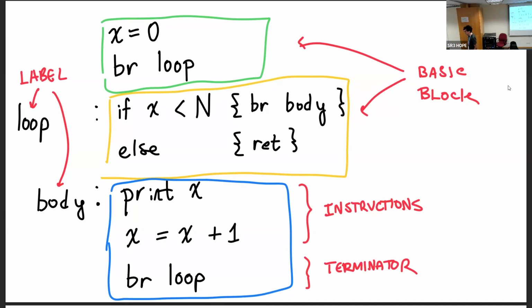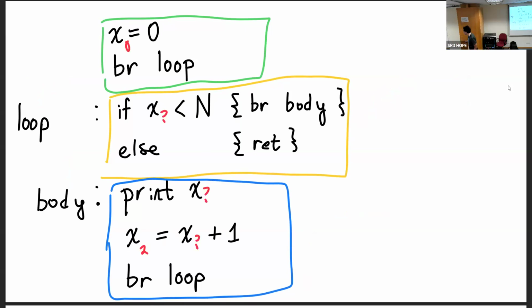Now, this intermediate representation is great. Lots of compilers use it, but the problem is that you can't do algebra. So if I want to reason about the value of x, we can label all the definitions of x pretty easily. So here you have x0, x2, leaving a gap for x1. But I don't know what value the x takes in the print statement or in the addition or in the if statement.